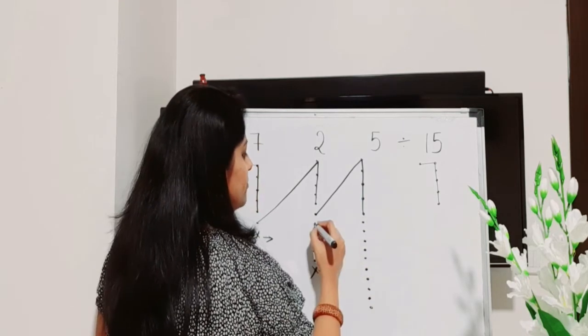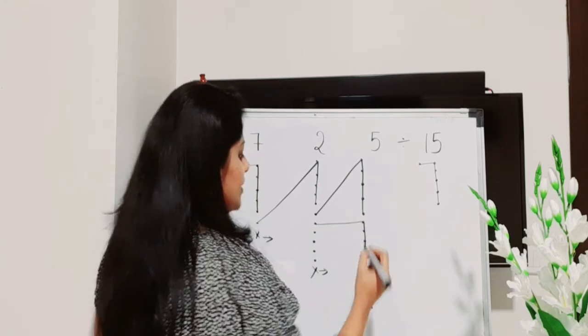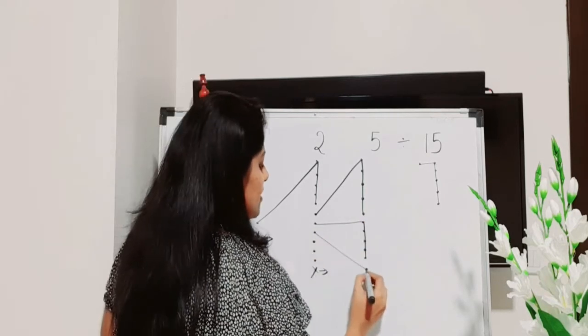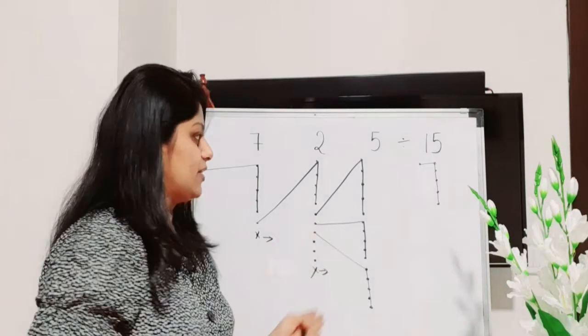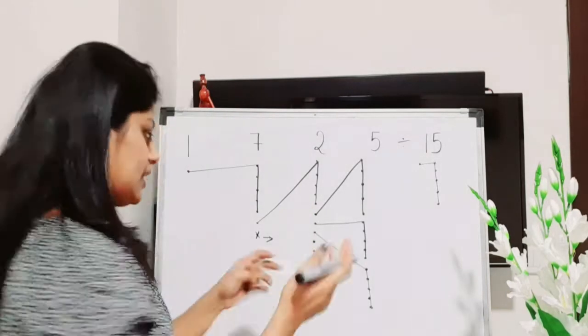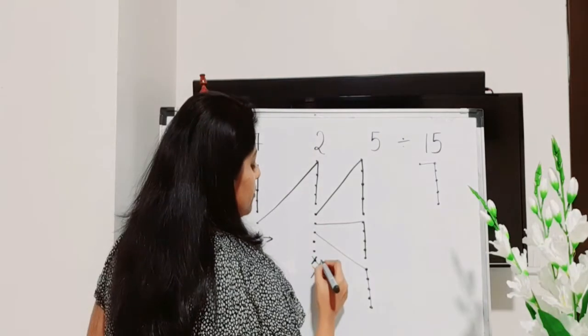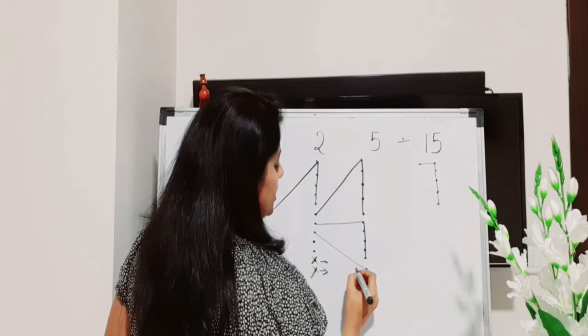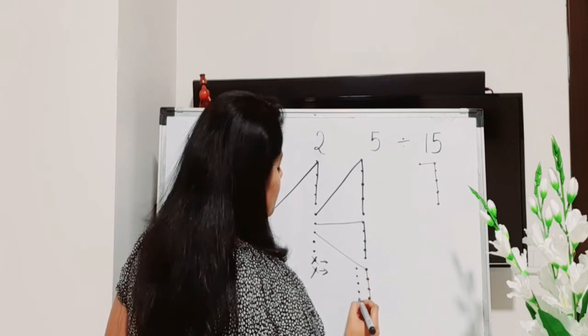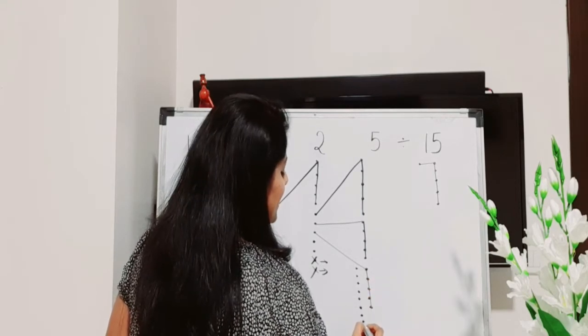So 1 from this, and 5 from this, again 1 from this, 5 from this column. Okay, now still we have remaining dots here, but we don't have in the next. So again same step, cancel one dot from here, shift it over to there. So it will become, I'll just draw it here, 1 2 3 4 5 6 7 8 9 and 10.